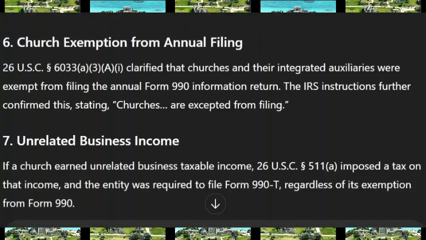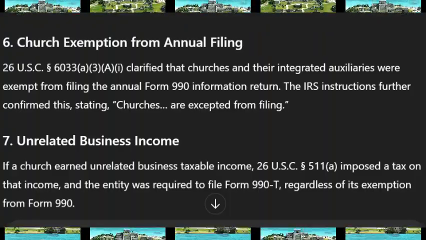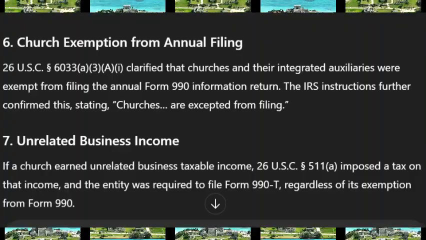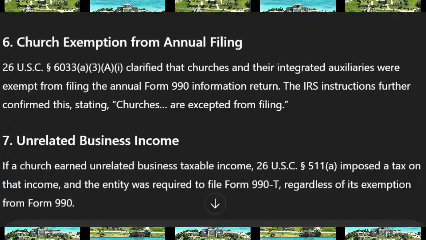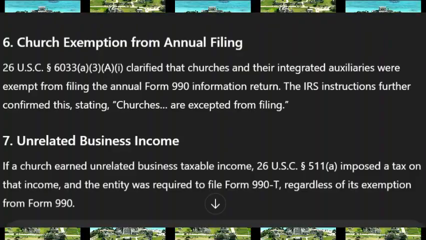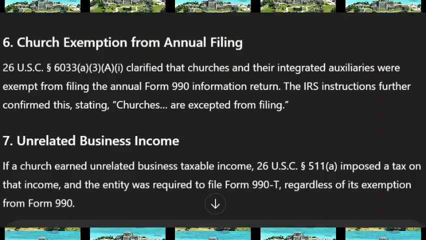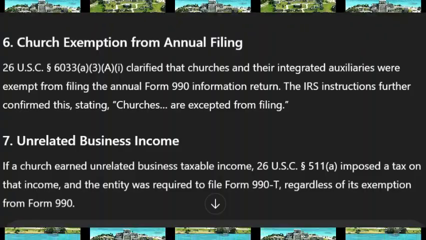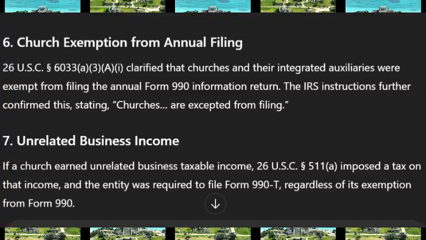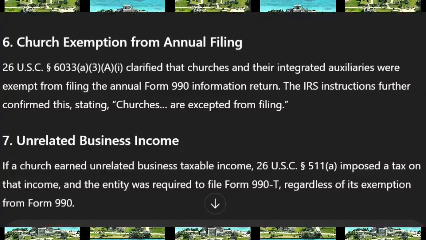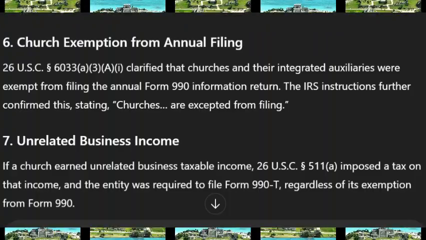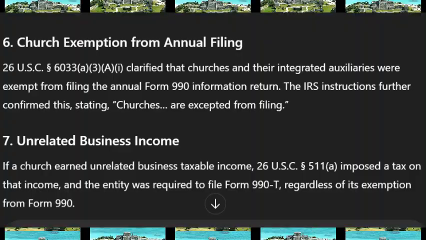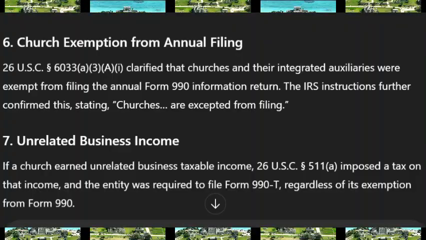So if we connect this to the bigger picture, the implications for any learner, our young entrepreneur included, are just crystal clear. Understanding your exact entity type and its specific statutory rules isn't just a helpful suggestion, it is absolutely foundational. As our sources really emphasize, messing this up, misclassifying your entity, trying to file the wrong form, can have really significant and often expensive consequences. Like penalties, audits. Yes, definitely penalties. Could trigger an audit. Could even mean your filing is completely invalidated, meaning your taxes aren't considered legally filed at